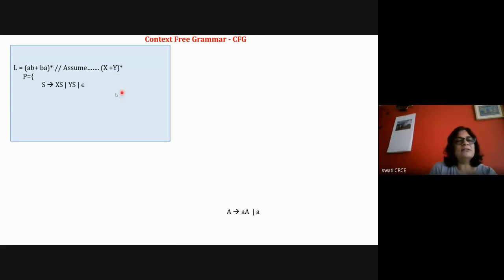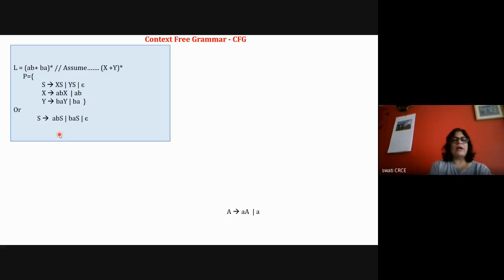So here this is AB or BA bracket start. So either AB is generated or BA is generated or AB BA AB. So we'll say that S is equal to XS. So X is going to represent this AB and Y is going to represent BA. It is similar to X plus Y star. Okay, and it is a bracket string, therefore S is equal to epsilon. And then you say X is equal to ABX or AB, and you say Y is equal to BAY or BA. Okay, so any doubt in this?